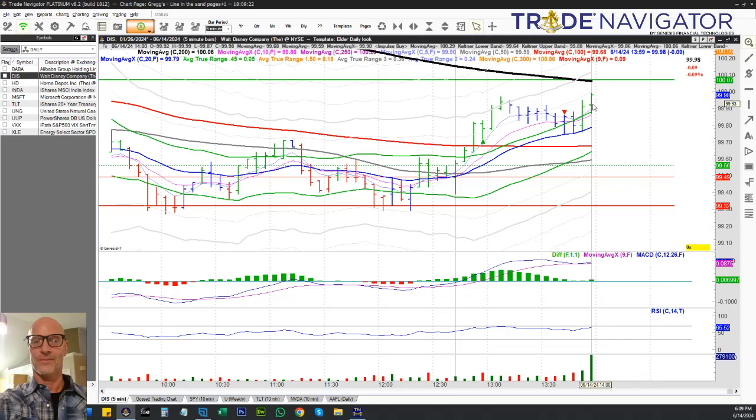today. It was the end of the day, the end of the bar. You can see it got close to my 4 ATR profit target, but it didn't quite get there. And so at the end of the day, I just exited the trade there. But it was a very nice trade. And what was that? Pretty close to 42 cents,